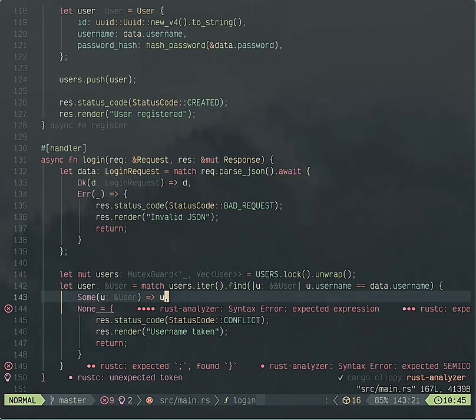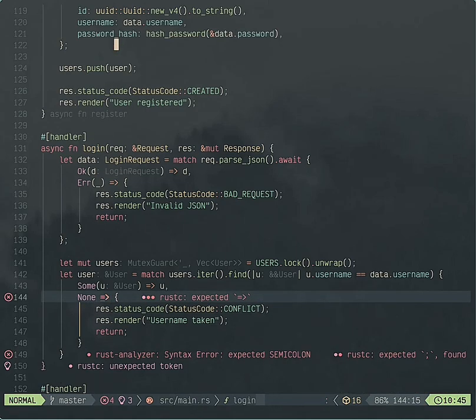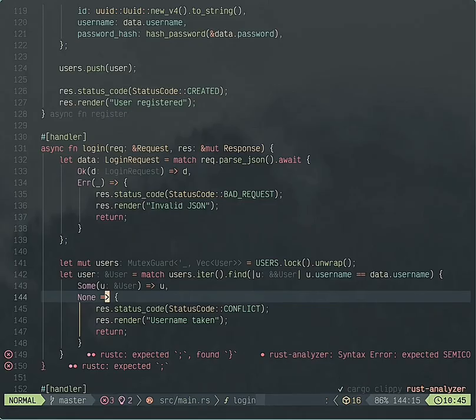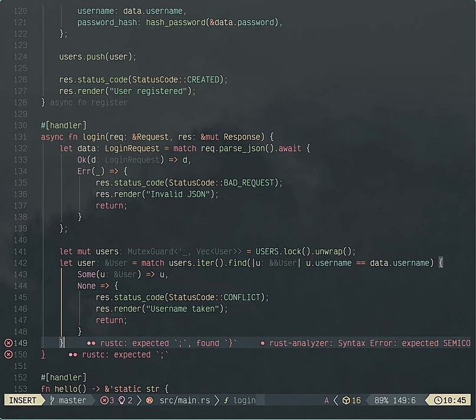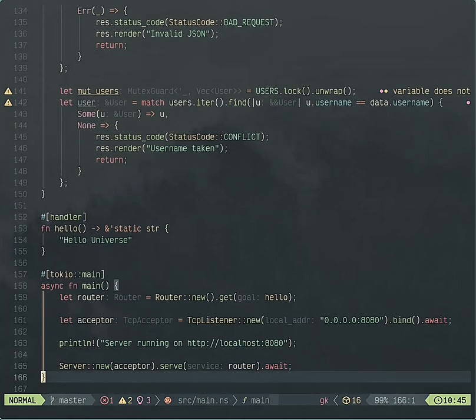If none, wait. Alright, and we can terminate this with a semicolon. Alright, cool. Looking good